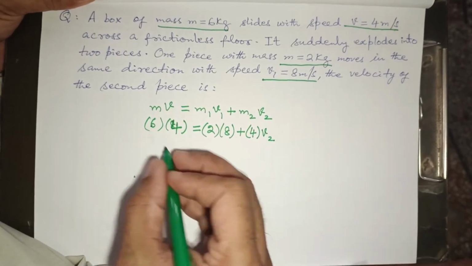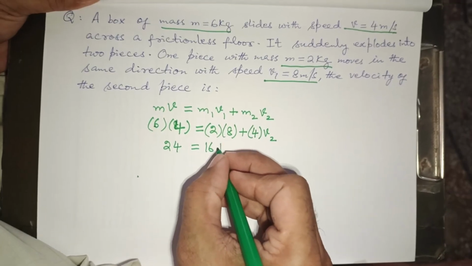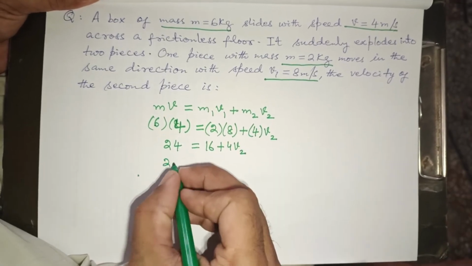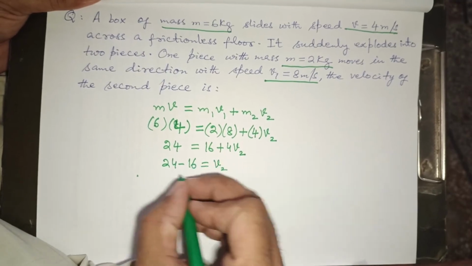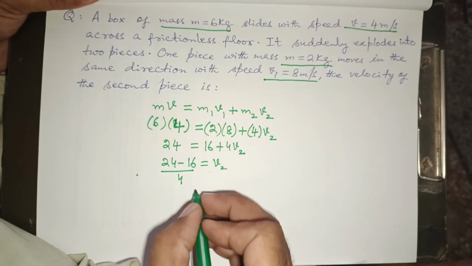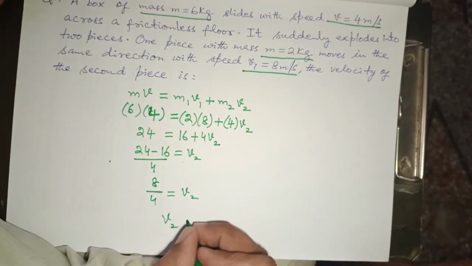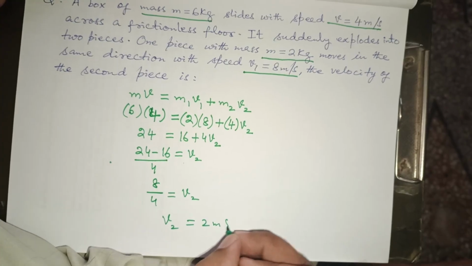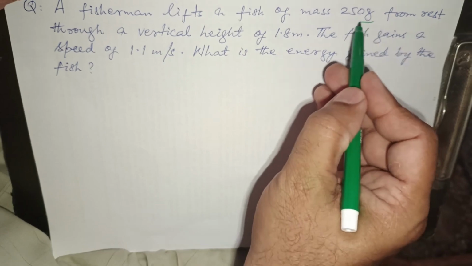we have to find out its velocity. So this is 24, this is 16, this is 4v2. So we'll get 24 minus 16 equals 4v2, so v2 is 8 over 4. So v2 will be 2 meter per second. This is the answer. A fisherman lifts a fish of mass 250 gram,